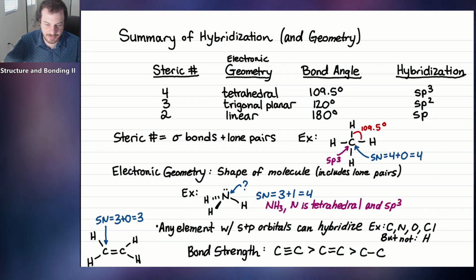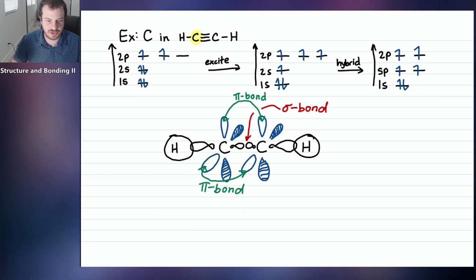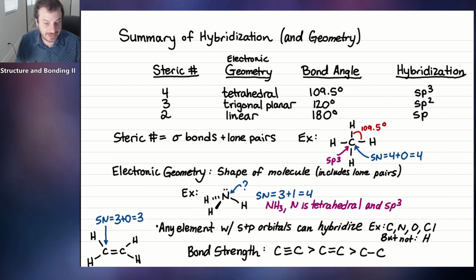Okay, so now this is amazing because I can give you any molecule and you can tell me the hybridization of any atom I specify without having to draw all of these complicated pictures. You just literally count 1, 2, 3, 4, and you're going to find the steric number. Now, keep in mind the steric number in this class is only ever going to be 2, 3, and 4. So if you count a steric number that's 5 or that's 1, you know you're doing something wrong. It's always got to be one of these options, and the hybridization is always going to be one of these options. And now you have a super cool shortcut to determine that without having to draw a complicated picture.